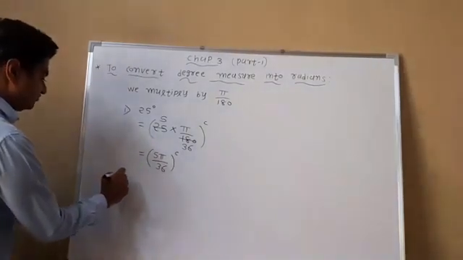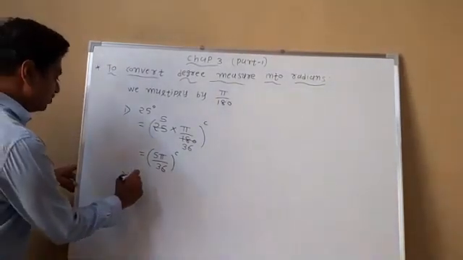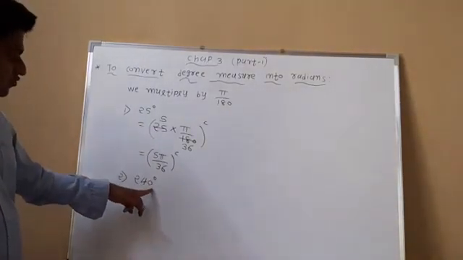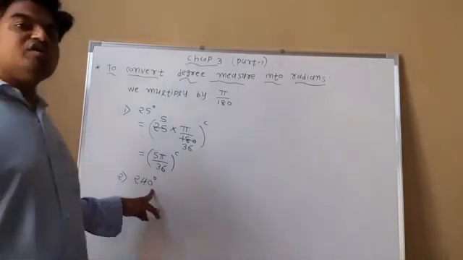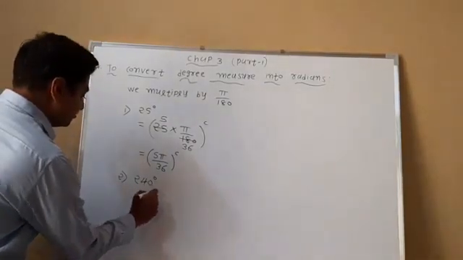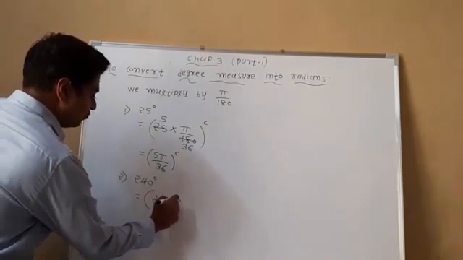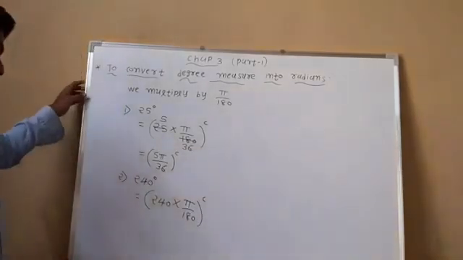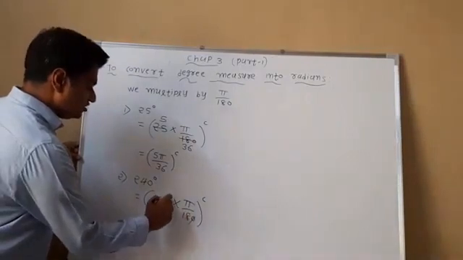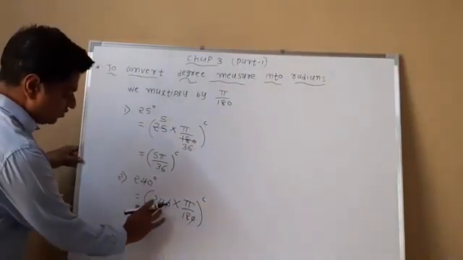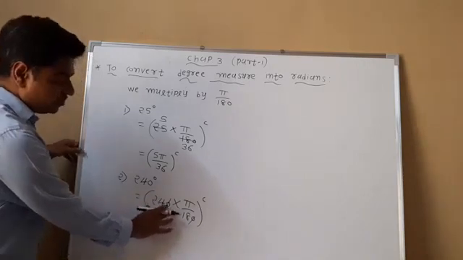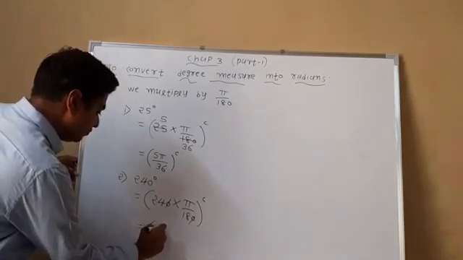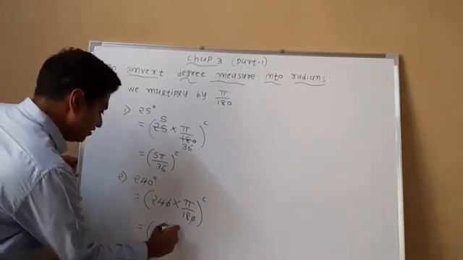Now second question, 240 degree. So again in our question the degree form is present, so convert into the radian form. So it is equal to 240 multiply pi upon 180 and here write radian form. Now again cancel out 0. Now 6 4s are 24 and 6 3s are 18. So cancel out this term. So the remaining term is 4 pi upon 3 radian.